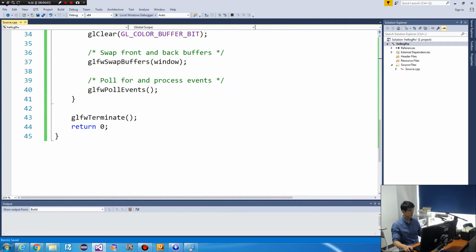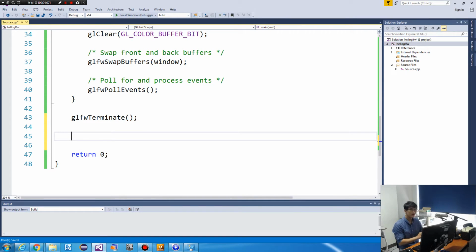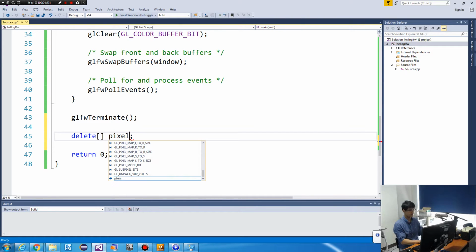It means that we need to clean this memory. We need to return this memory to our operating system before our program ends. Okay, so delete pixels.